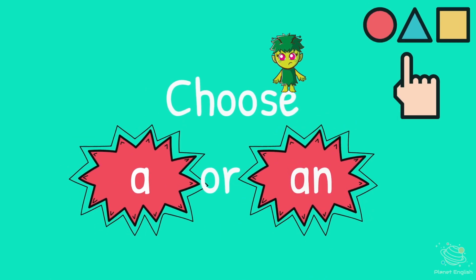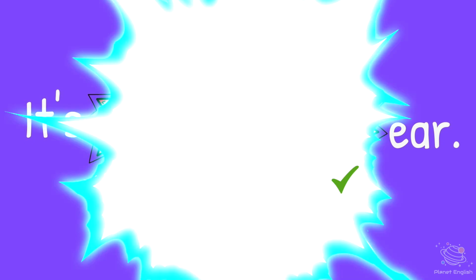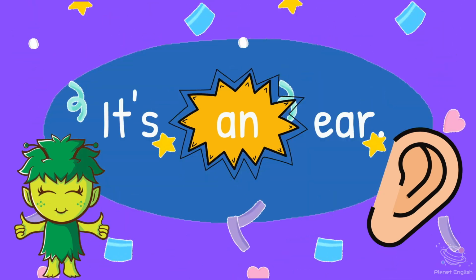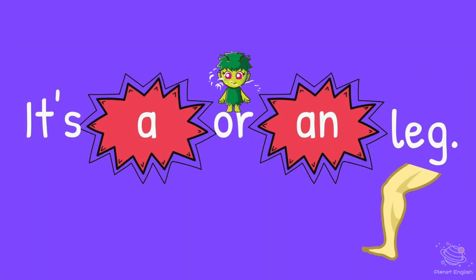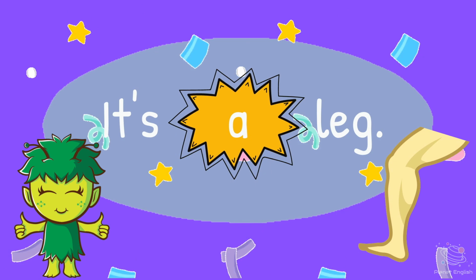A or an. A or an. 5, 4, 3, 2, 1. Well done. It's an ear. A or an. 5, 4, 3, 2, 1. Well done. It's a